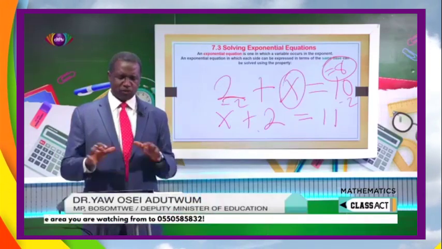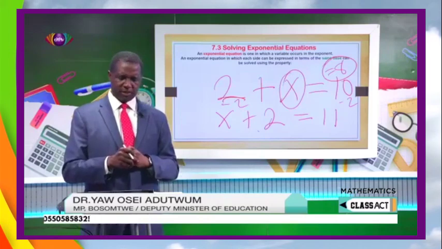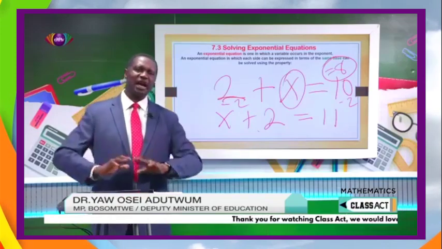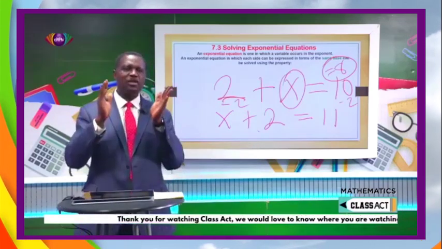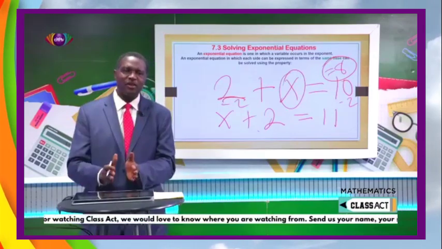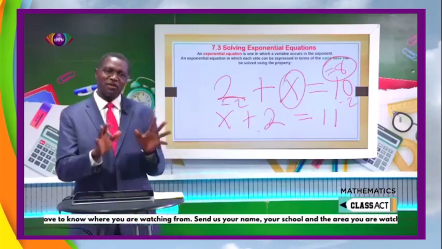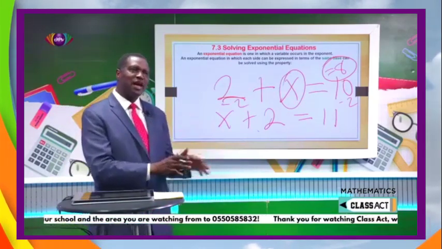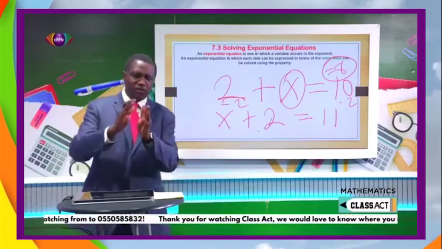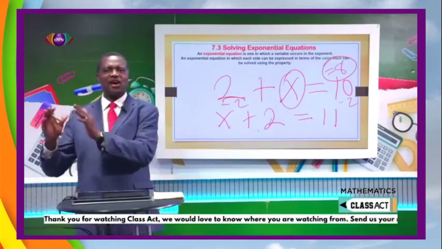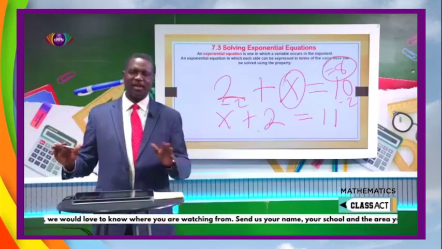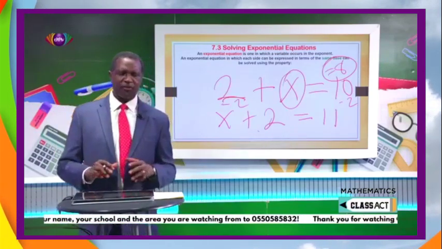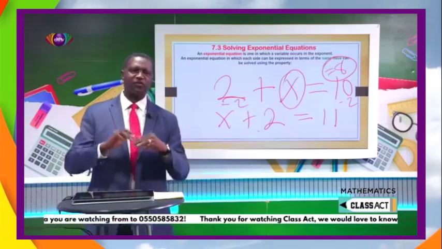So I want you to work on the second one on your own, x plus 2 equals 11. The first thing I want to guide you to do is ask yourself, I'm looking for x. How do I get x to stand by itself? Like I told you at the beginning, remember I said, I want to tell you a secret. Your friend is standing next to you. I have to excuse your friend. I have to take away your friend. When I take away your friend, you are by yourself, and therefore I can tell you a secret. So who is the friend of x in the second equation? Who is the friend of x?